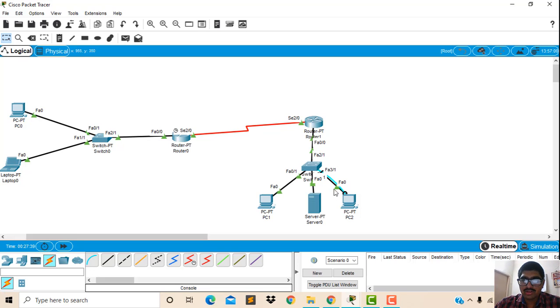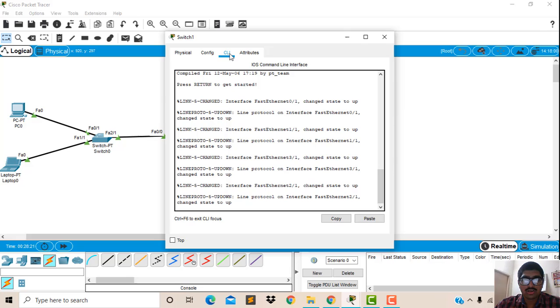Here the console cable helps the user with the password to log in. For example, when we shut down and open the laptop, it will ask for the password, because the protection of our laptop is the password. Now here we have to access the server. We will just keep a password to access that. Now we will see how it happens. Now we will go to the switch, go to CLI.